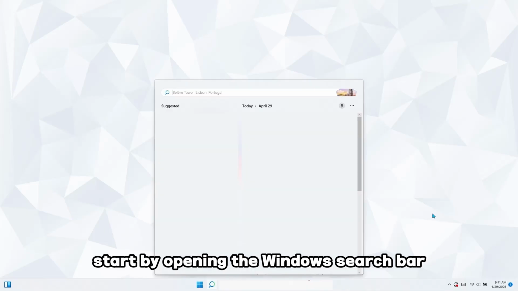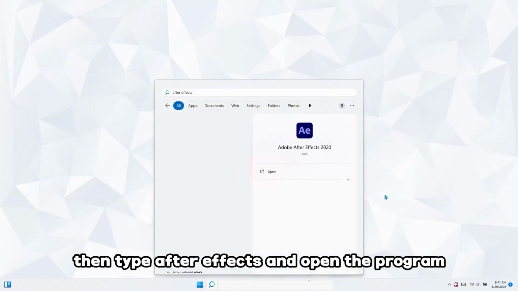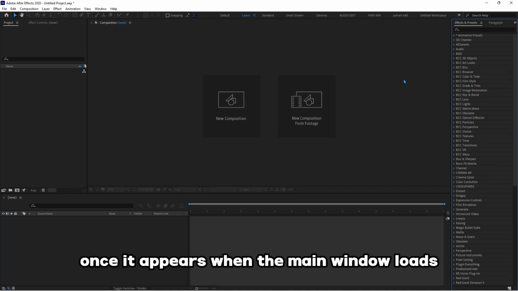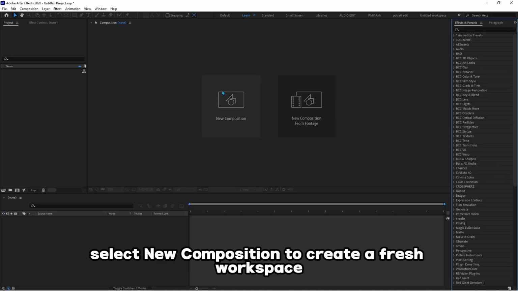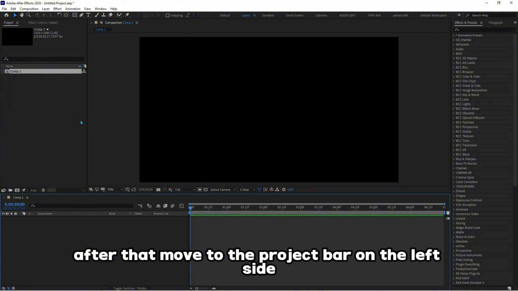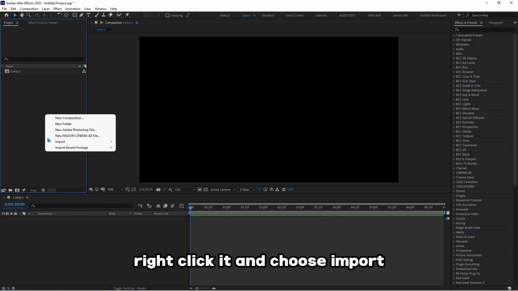Start by opening the Windows search bar, then type After Effects and open the program once it appears. When the main window loads, select New Composition to create a fresh workspace. After that, move to the project bar on the left side, right-click it, and choose Import from the menu that